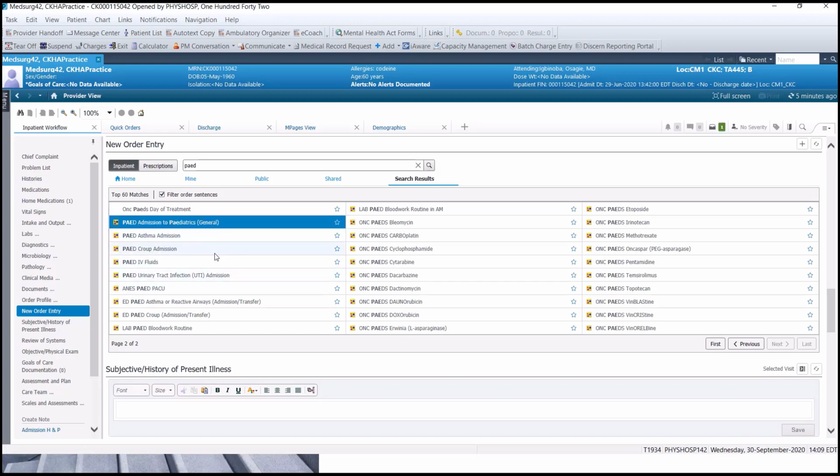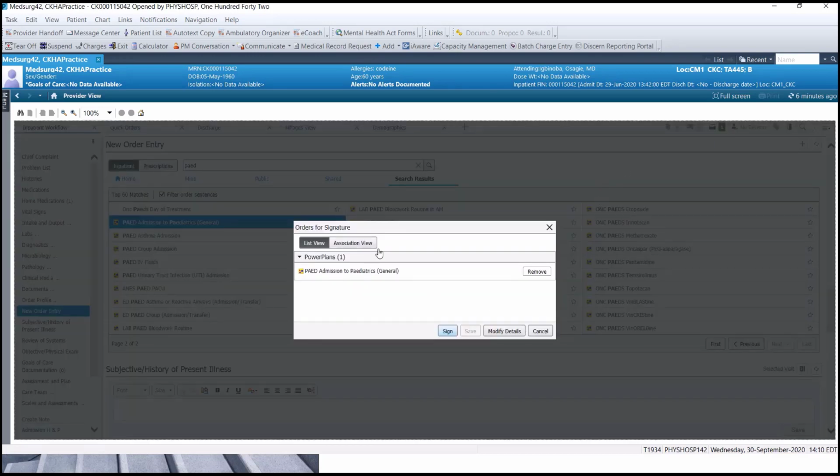Now, as with many things in Cerner, one might think that one has already ordered the admission order set, but in fact we've just placed it in our to-do list, and our to-do list is this little filing box up at the top, and we can see that as soon as we click this, we got the little number 1 beside it. If we click on that,